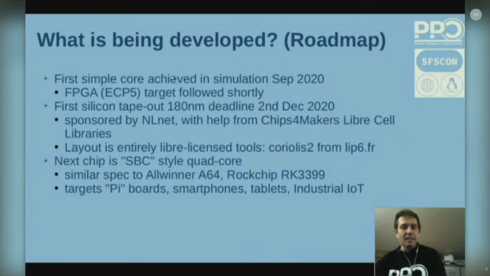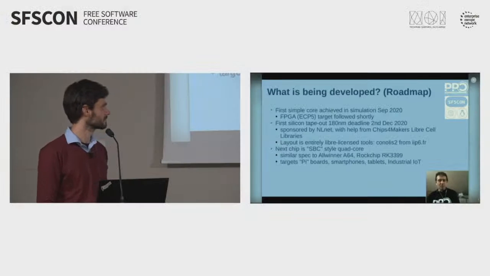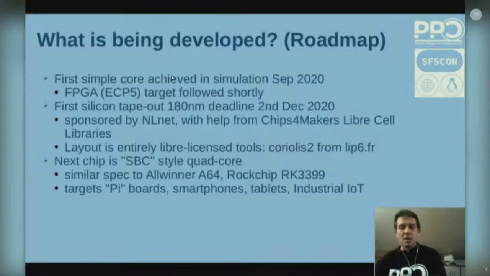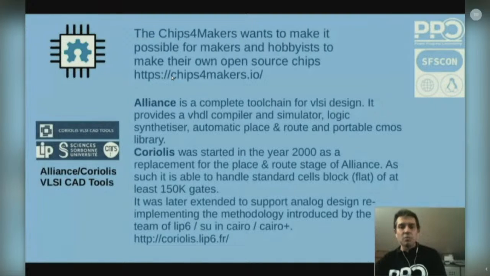Then at the end of the year, there is a first silicon, not so reduced micro printing. So 180 nanometer, but in any case, in the next years, there will be more reduced production of an open hardware chip based on this FreeSoC processor. So, from our point of view, it is a very good opportunity to have even the processor be open hardware in our